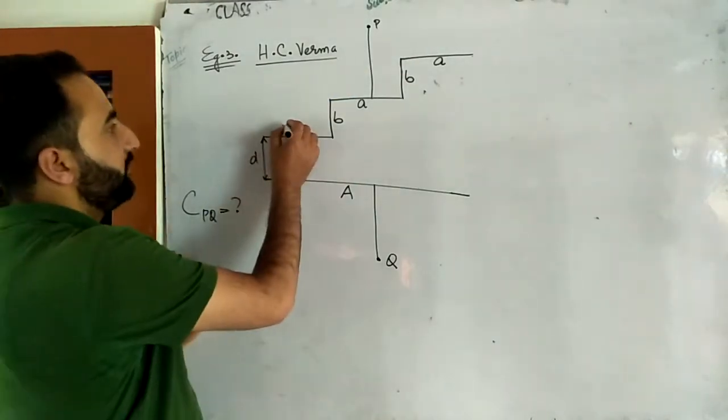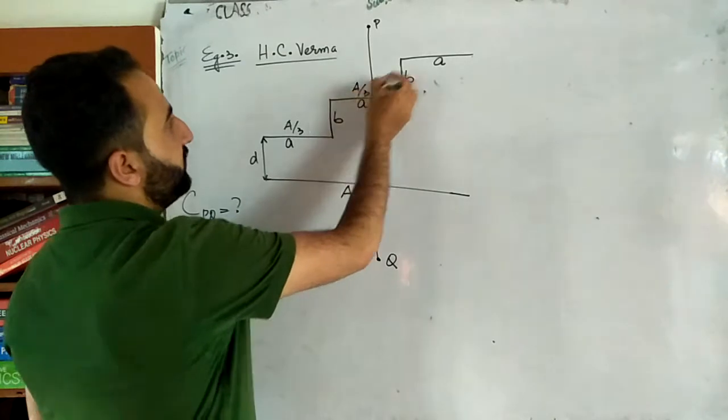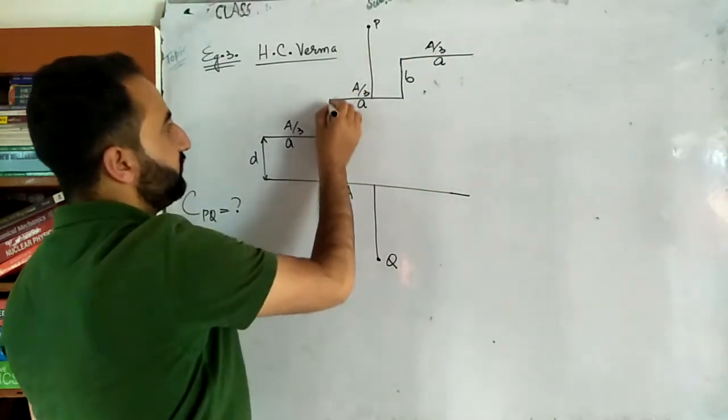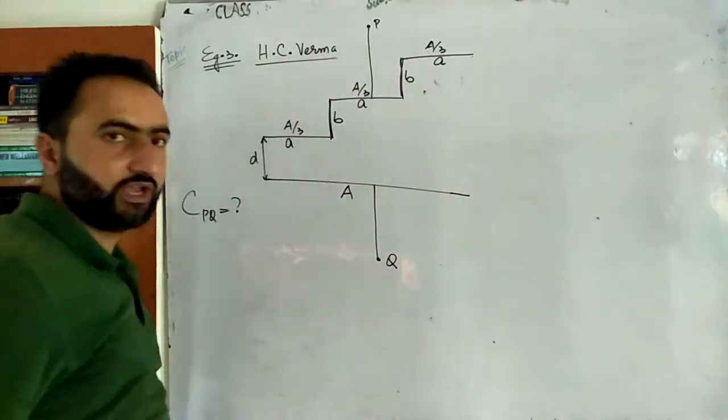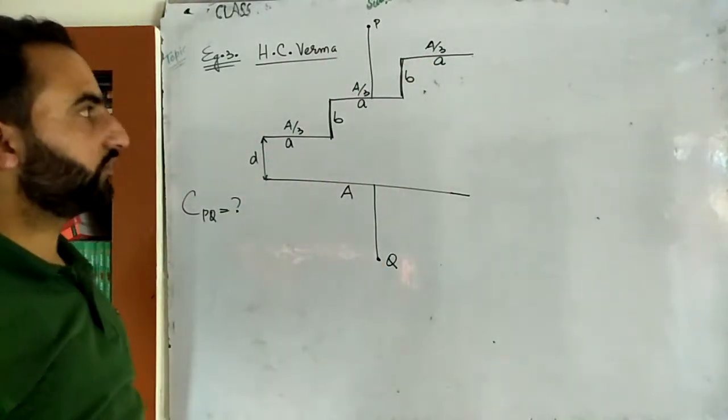So that means the area of this is A by 3, and the area of this is also equal to A by 3, and the area of this is also equal to A by 3. It's mentioned here B, this is B, this width here is called D, A, and A. Okay, length. ठीक है ना बेटा? Now the question is: calculate the equivalent capacitance.